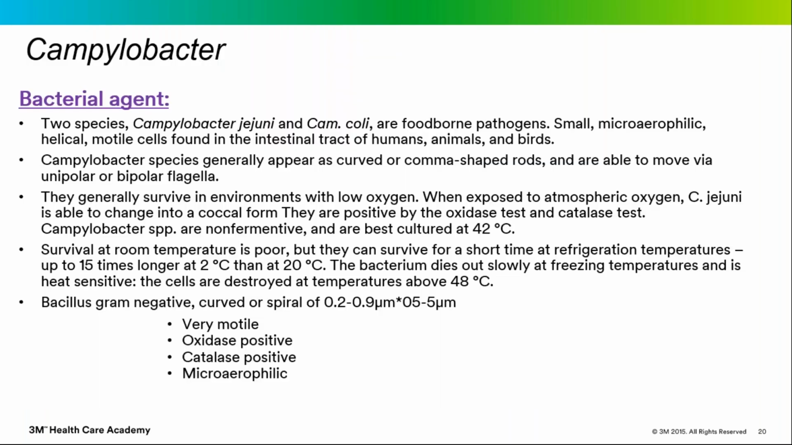Campylobacter. Under Campylobacter, the two species which are very important foodborne pathogens are Campylobacter jejuni and Campylobacter coli. They are small, microaerophilic, helical, motile cells found in the intestinal tract of humans, animals, and birds. Campylobacter species generally appear as curved or comma-shaped rods, and they are able to move via